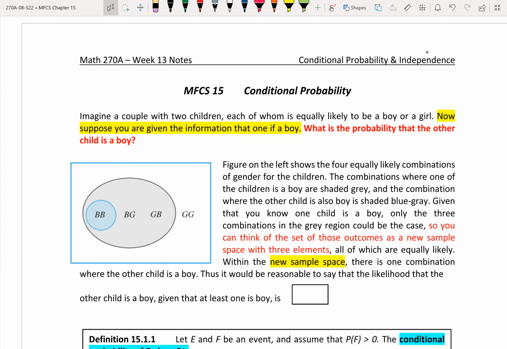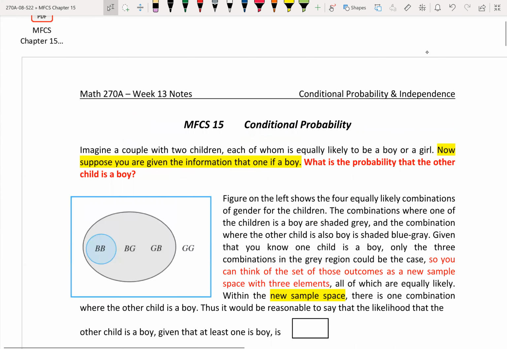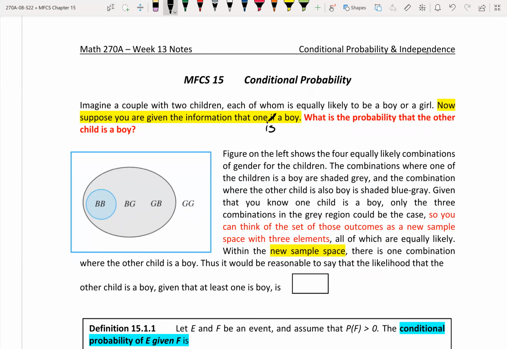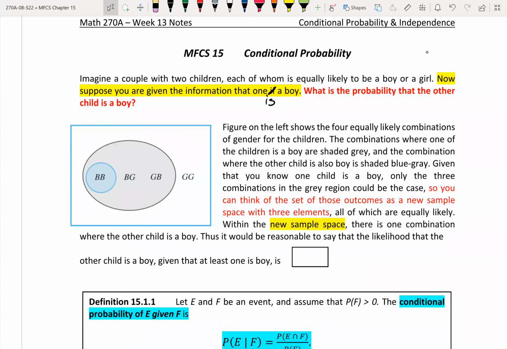The first one is saying, imagine a couple with 2 children, each of whom is equally likely to be a boy or a girl. Now, suppose you're given the information that one of them is a boy. So one is a boy. What is the probability of the other one to be a boy? So this is saying, according to this picture,